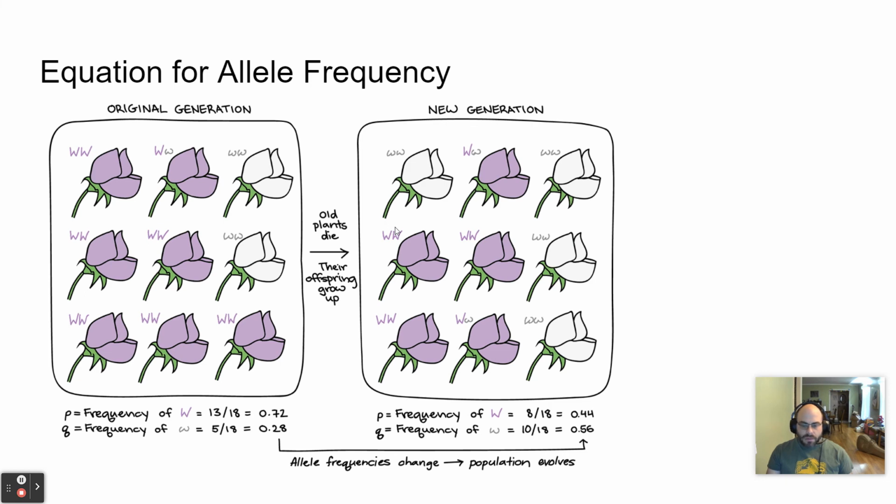And so if I were to tell you that 4 out of the 9 plants in a population were white, and that white was a recessive allele, you know that those 4 white individuals are little w, little w. You don't know the genotype of the 5 remaining purples. It could be big W, big W, or big W, little w. And so what you don't want to do is try to solve an equation with p squared plus 2pq. You want to just isolate q squared, and then you can do the equation.